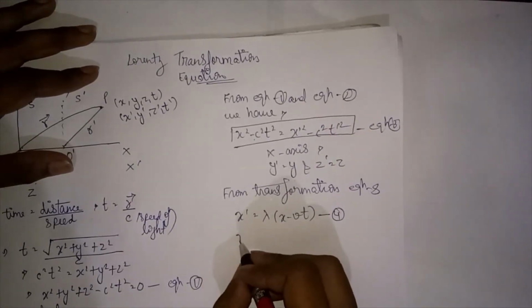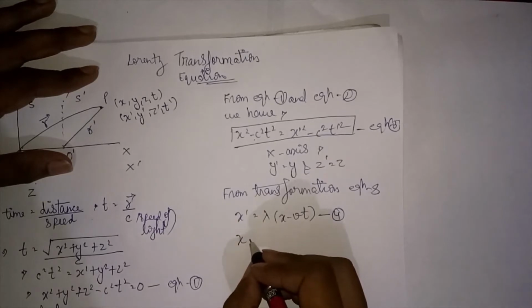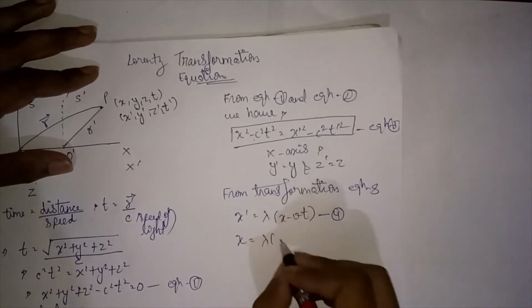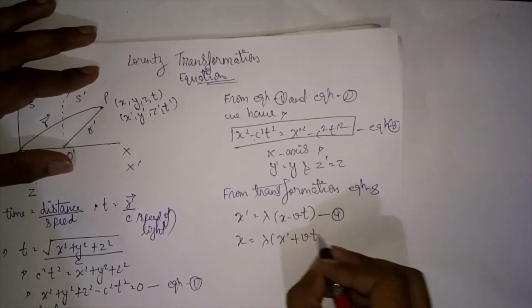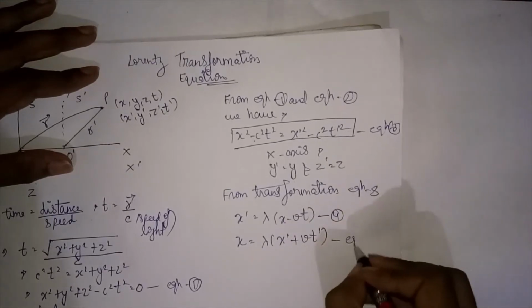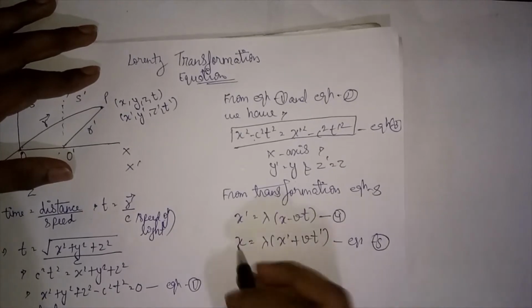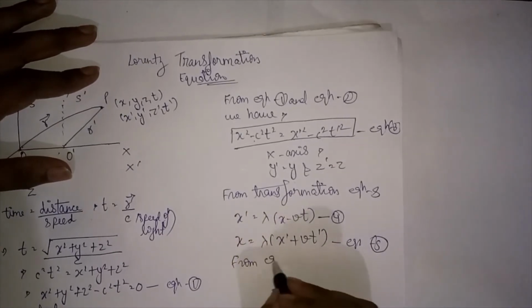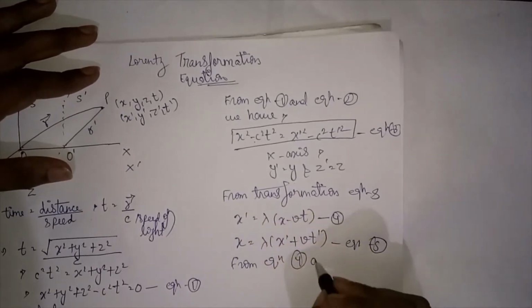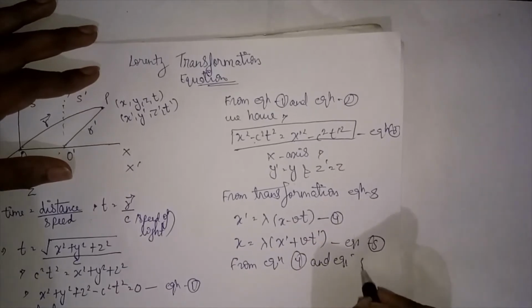Now x equals lambda into x dash plus vt dash, this is our equation number 5. Now from equation 4 and equation 5,